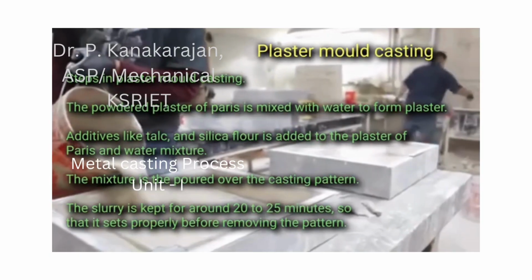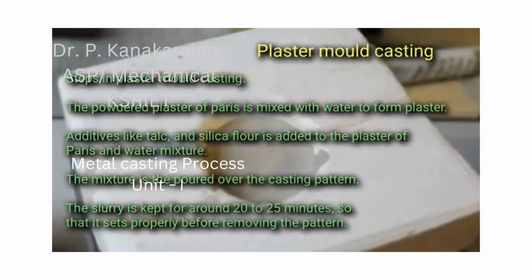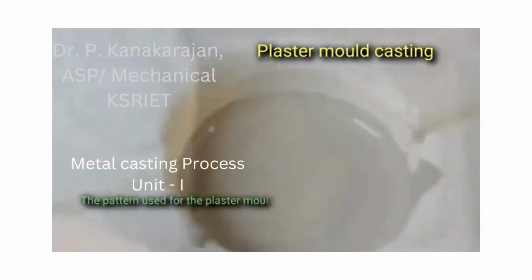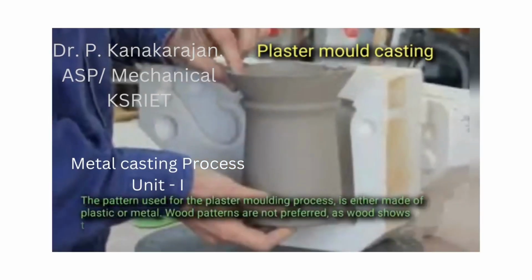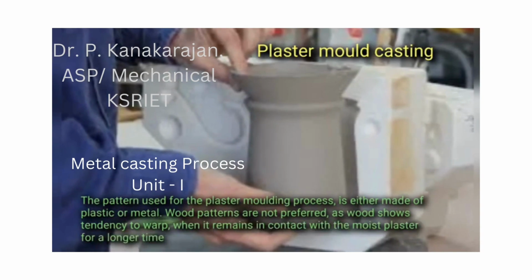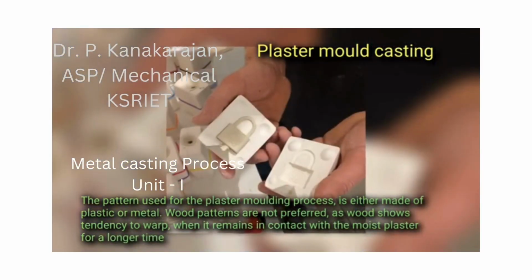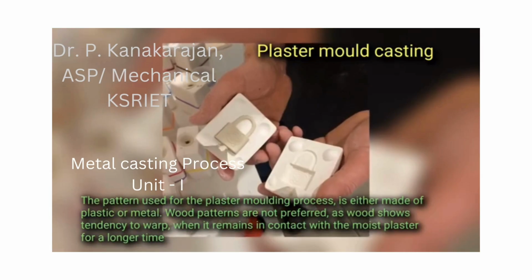The slurry is kept for around 20 to 25 minutes, so that it sets properly before removing the pattern. The pattern used for the plaster molding process is either made of plastic or metal. Wood patterns are not preferred, as wood shows tendency to warp when it remains in contact with the moist plaster